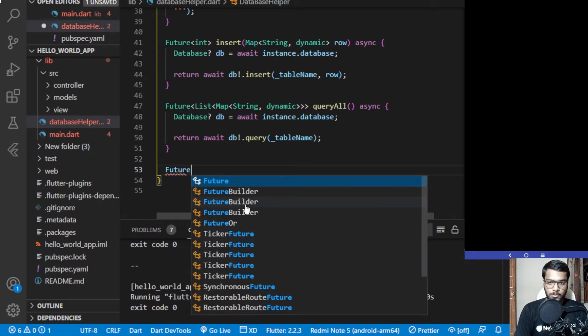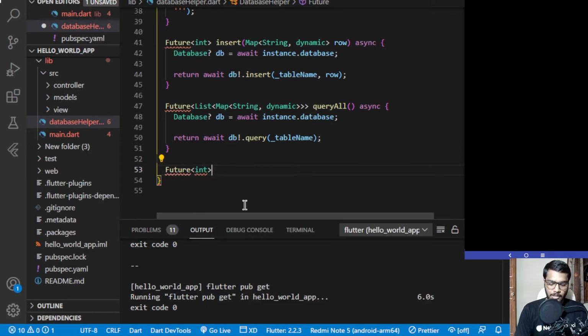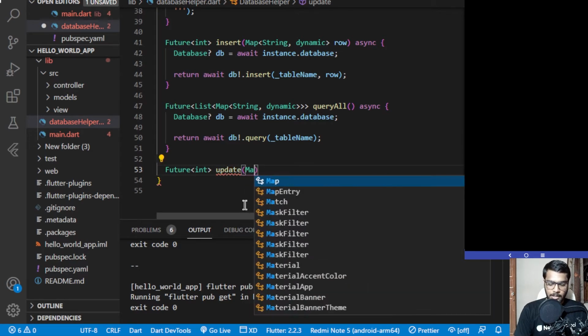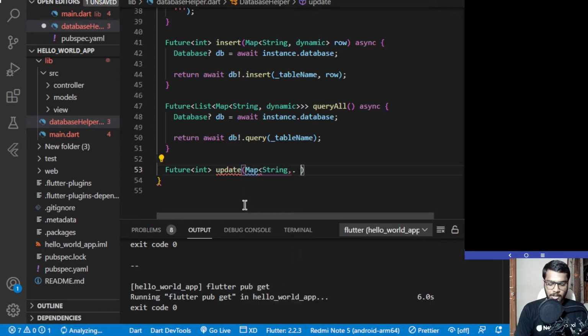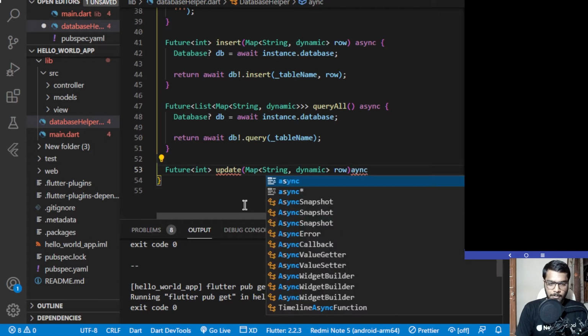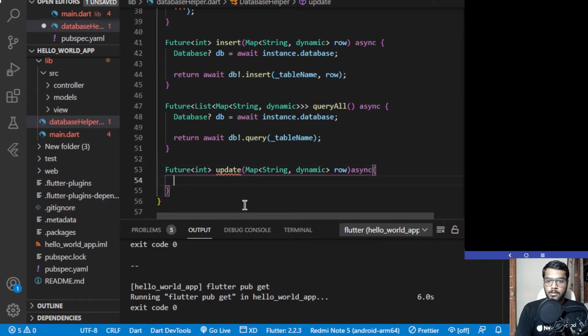And now the next thing which we need to do over here is create the update function. So Future, and it will also be returning an integer. It will be of the name update, and similarly it will be taking a String and a dynamic. The name of it will be row again, and it will be of type async. Similarly creating a database, db, await instance.database,